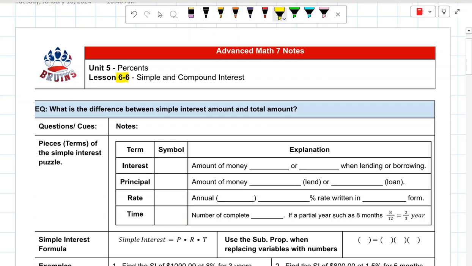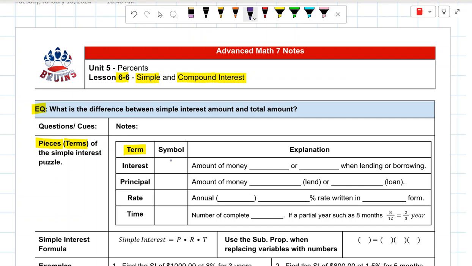Lesson 6.6, we are studying simple and compound interest. The essential question for the lesson is, what is the difference between the simple interest amount and the total amount? So let's go ahead and look right here. There are pieces to this, so we need to know them as terms of the simple interest puzzle. And they're right here. The terms are